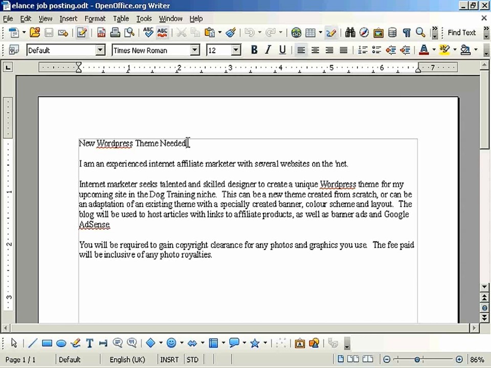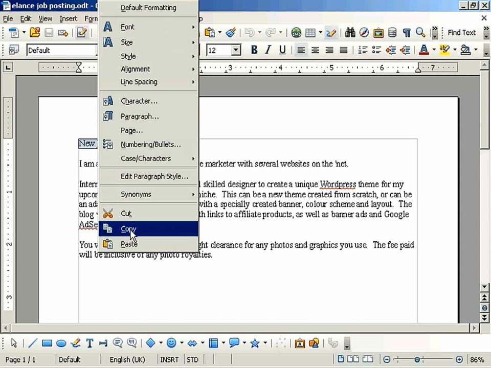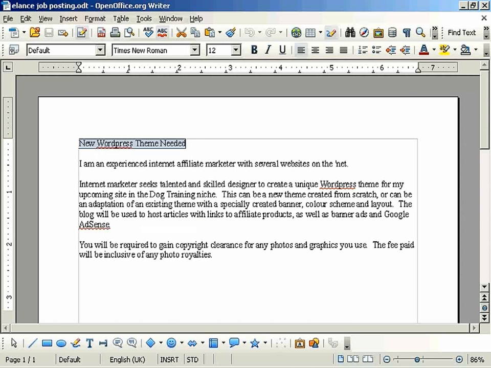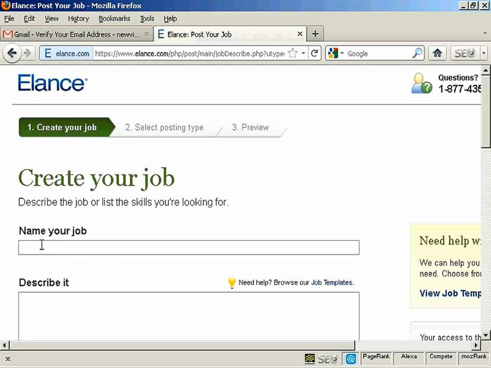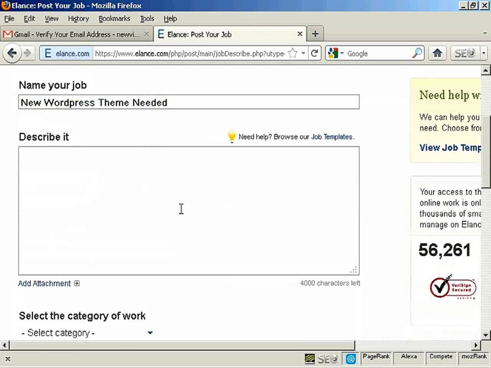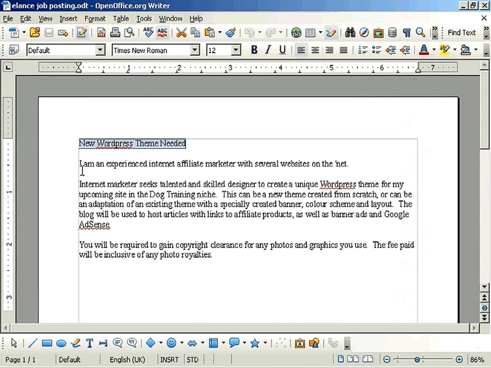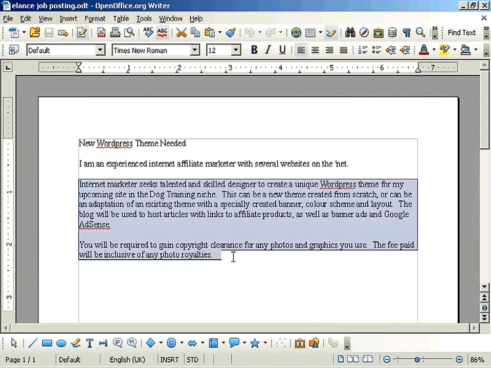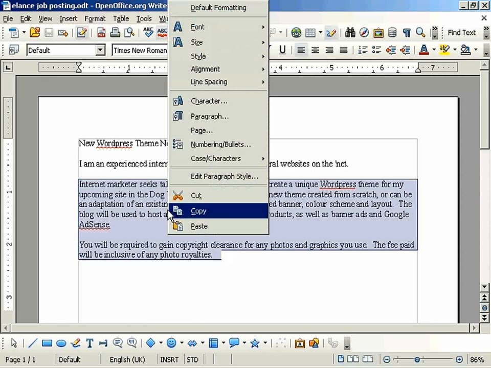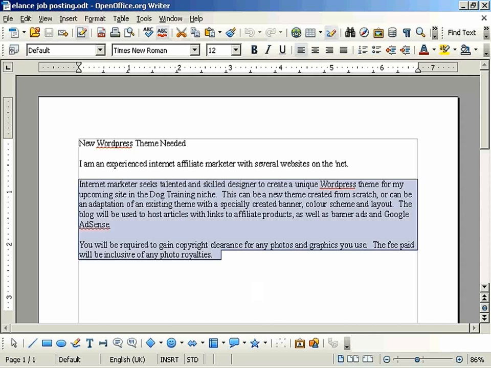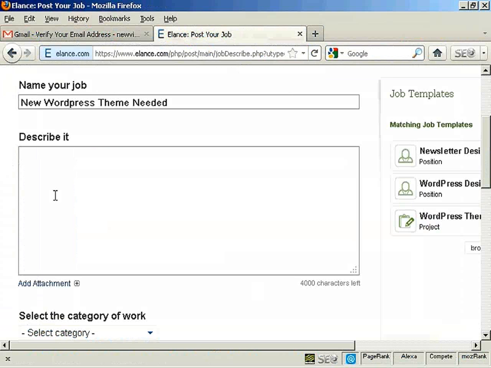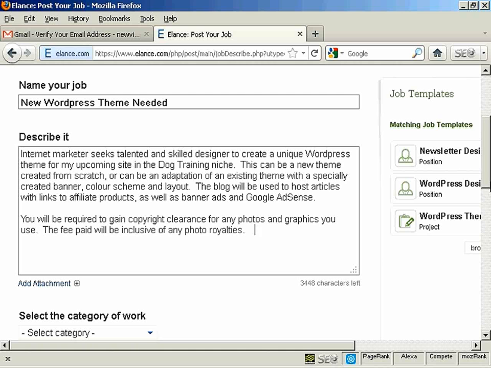So this is the job that we're going to post. New WordPress theme needed. So I'm going to highlight all this one paragraph at a time and copy that so you can put that in, and then here is my job that I want to have somebody do. I can post that in,